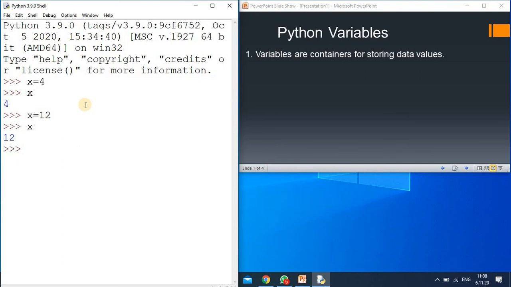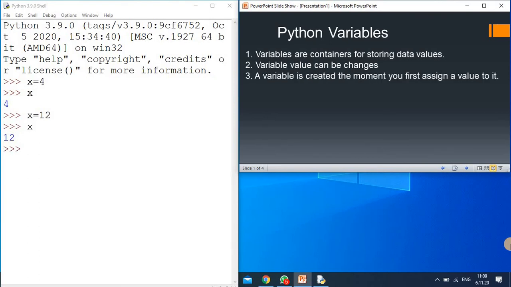It means that the value of x is now 12, so it has changed. So our next point is that a variable's value can be changed, because x was initially 4, and when you return to the same variable, x is 12. So the value is not fixed, it changes during the execution of the program.